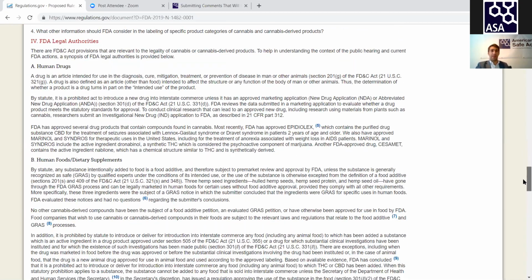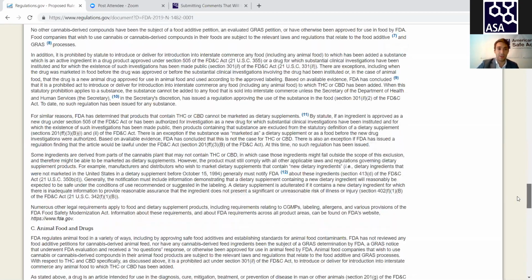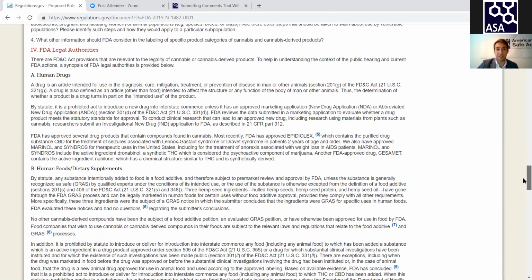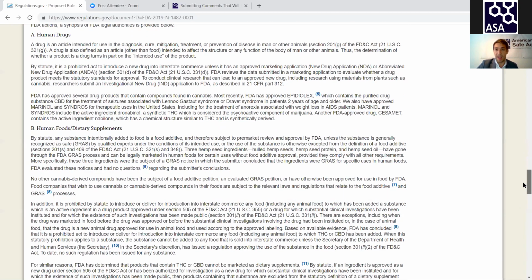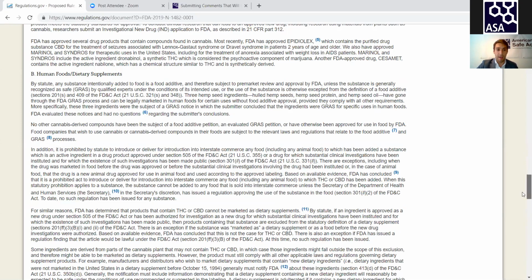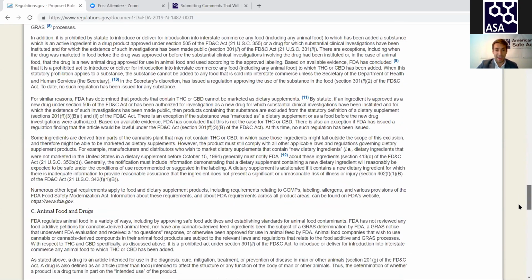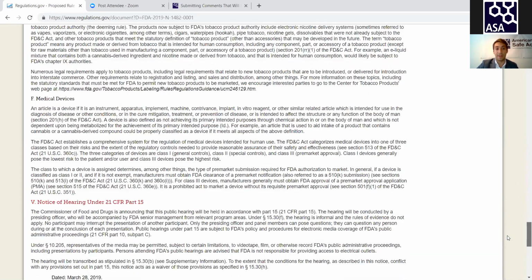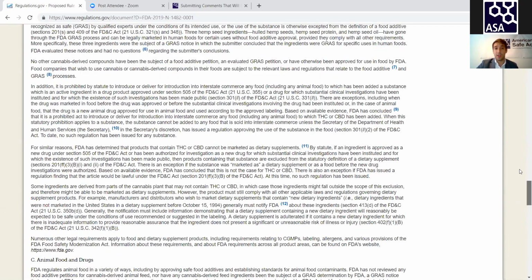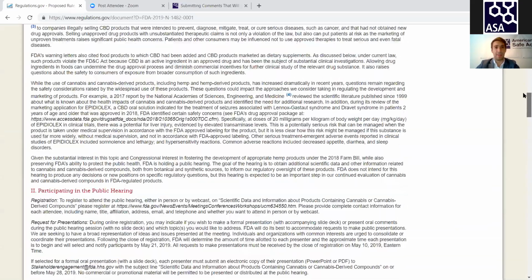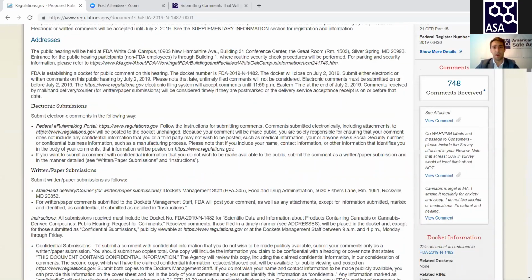So below that, the FDA lists all of the statutes and laws that give it authority to submit these comments. You see the Food, Drugs, and Cosmetics Act. Several times the FDA's designation of generally recognized as safe. You see some information about animal food and drugs, cosmetics, and then as well as regulations that deal with medical devices and tobacco products. So the legal authorities themselves aren't that critical to review. It's mainly the questions that the FDA is looking for.